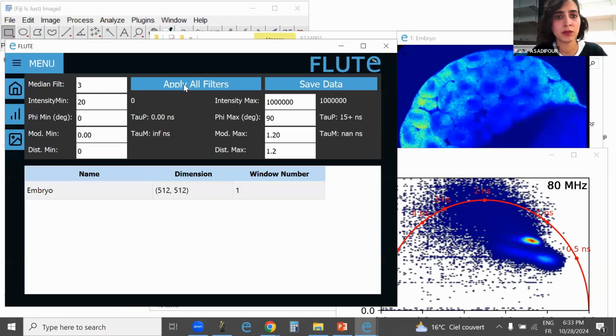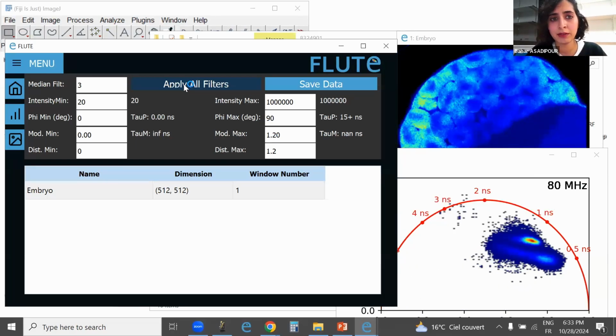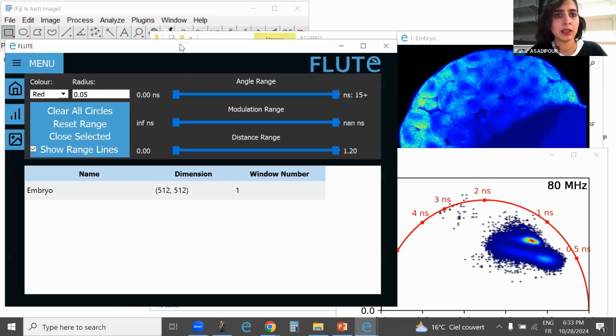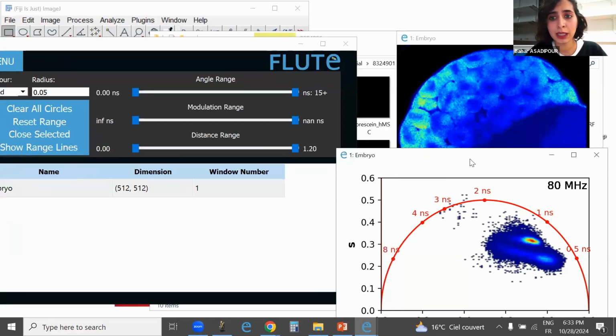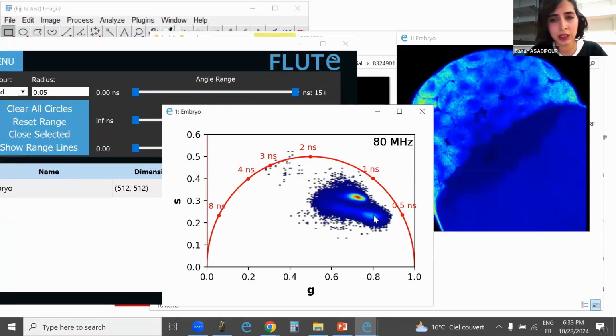So I'm going to put on a threshold of 20. So it's going to reduce all the pixels that have less than 20 photons. And I'm going to leave the intensity max as it is. And in the interactivity part, as you can see, we get two different clusters that are